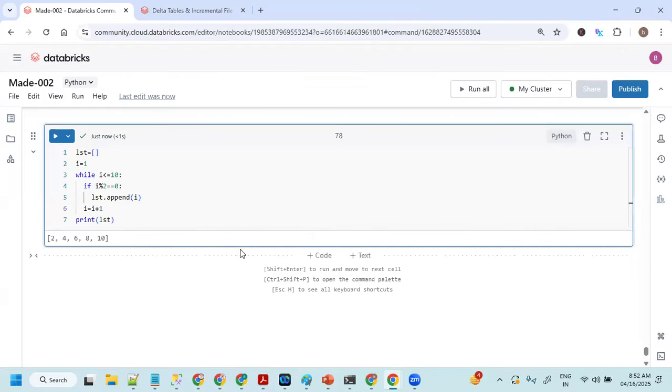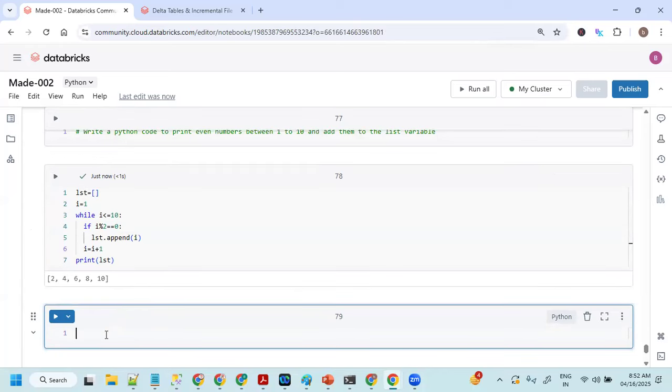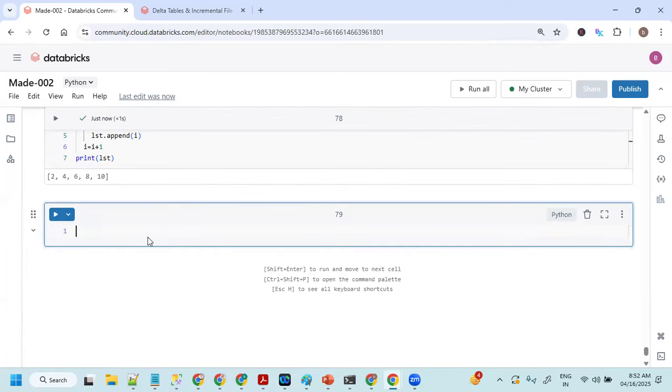Okay, and now I'm just going to give one more task here. First 5 numbers total, I wanted to take it. So write a Python code to get the first 5 numbers total. Take these 5 numbers from 1 to 10. So from 1 to 10, I wanted to take those 5 numbers, and you can go for the total of those